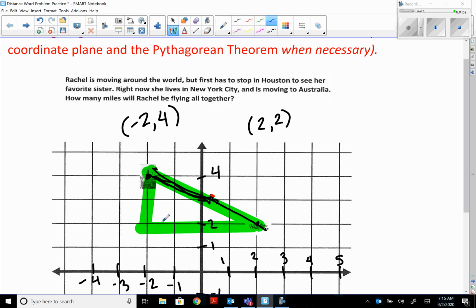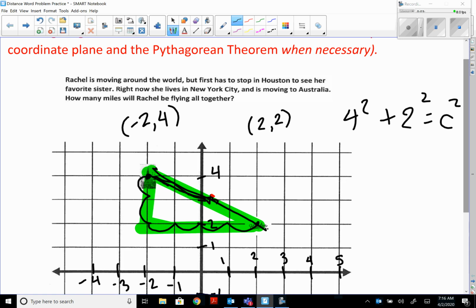So looking at the horizontal leg, let me try to switch to a different color here. We've got 1, 2, 3, 4. So that leg is 4 units. So I'm going to go ahead and just say that that's a, 4 squared. And then this leg, the vertical leg, has 2 units. That's 2 squared. And we don't know the length of the hypotenuse because that's the distance between the two cities. It's probably more like thousands, but we're simplifying it. We're just going to leave it as these single digit